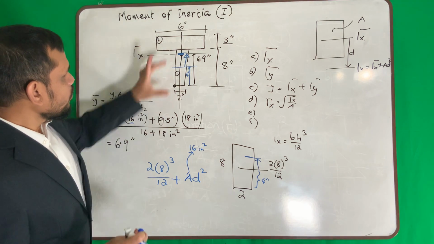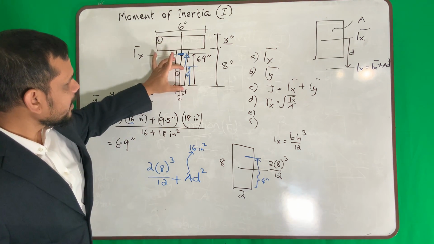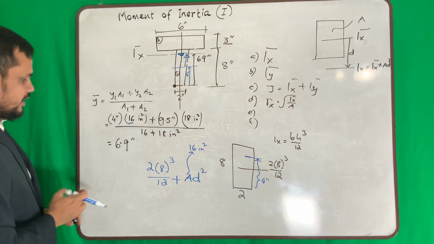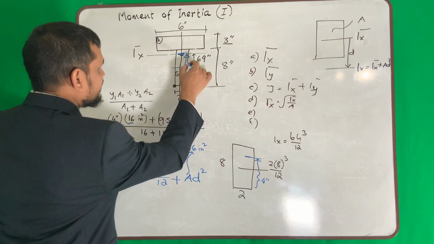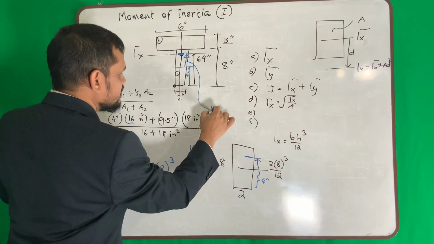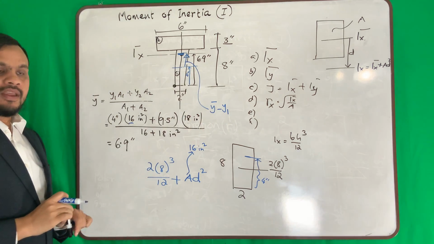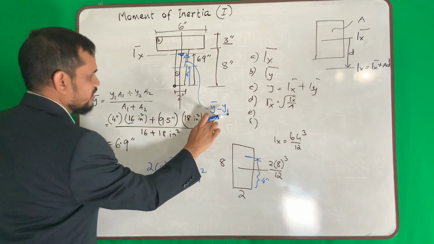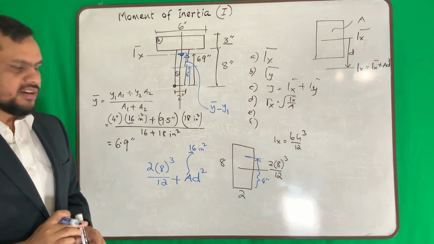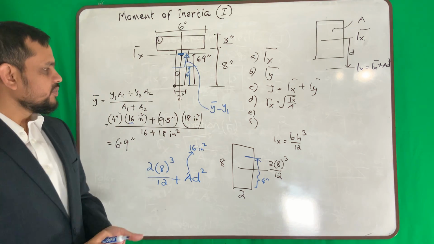D is y bar minus y1. That means if I write this portion, it is y bar minus y1. Now, do not get